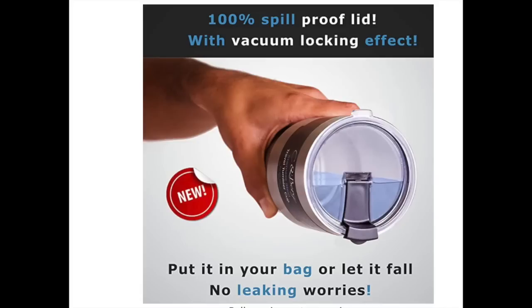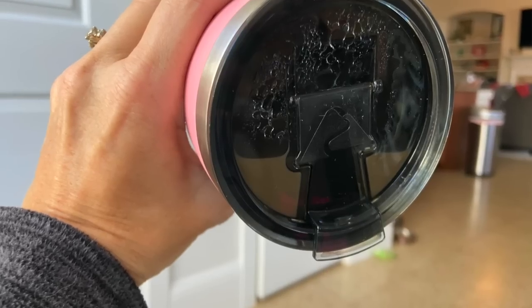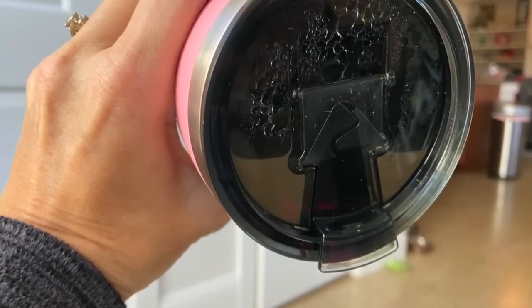I do have some lids for your aluminum mugs that keep your liquids from spilling, and they are 100% spill proof if your aluminum mug tumbles over while you're on vacation. One travel hack is to pack a couple of pairs of socks inside the aluminum mug until you get to your vacation. But if you're worried about the mental thought of that, just pack them inside a baggie down inside that aluminum mug. Another trick is to pack a few sandwich baggies inside one and then zip it up,